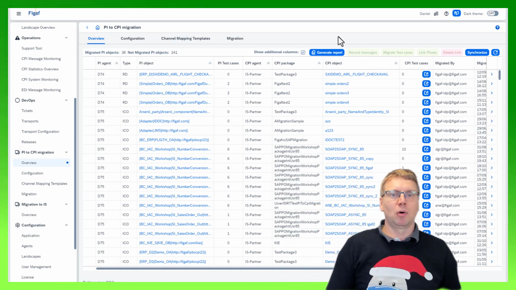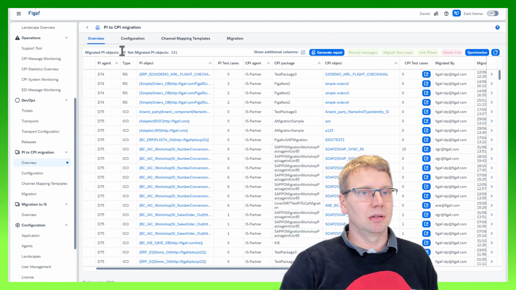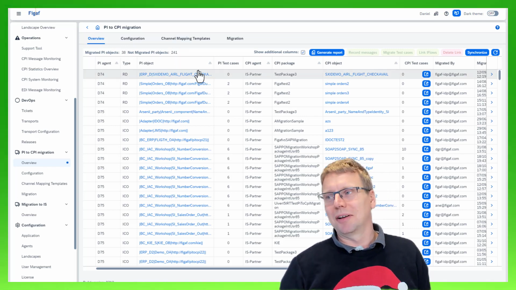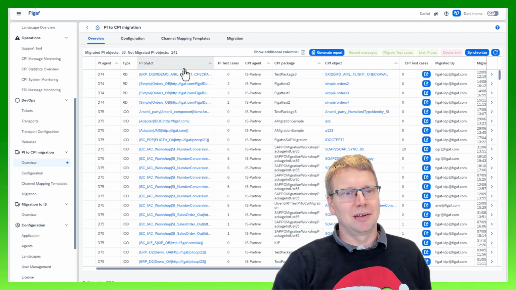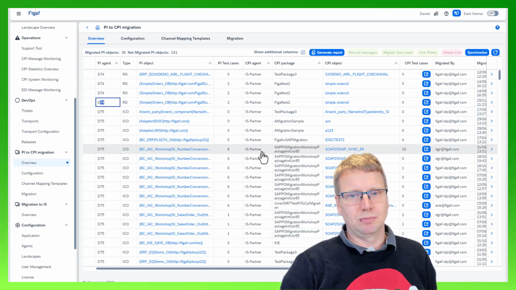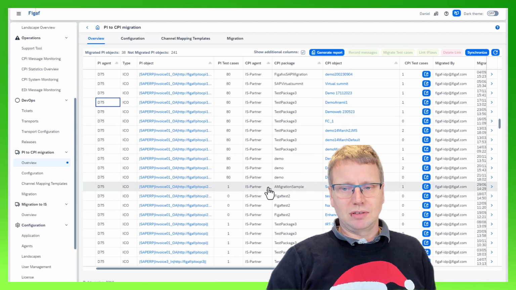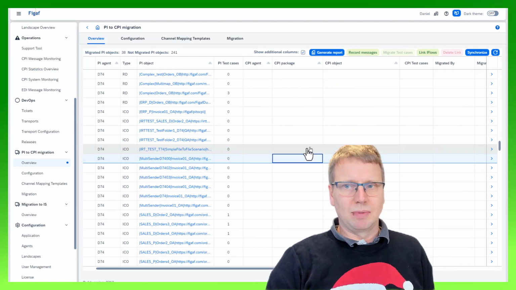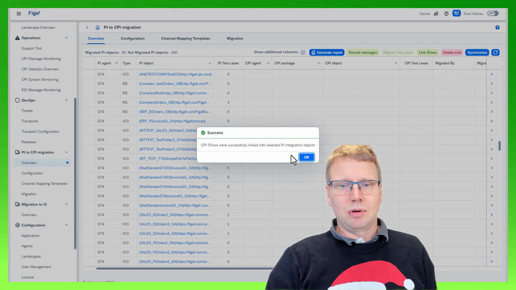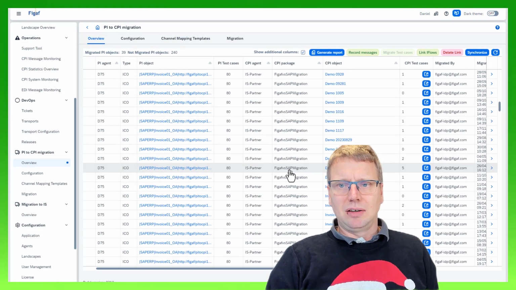If we look at this report, one of the first things we notice is that the number of migrated ICOs or PI objects is 38, and we still have 241 objects that we need to migrate. We can see here it's both receiver determinations and ICOs on two different systems that you need to migrate for these scenarios. One of the things you can then do is, if you say, okay, let's try to migrate this one, we just link it to an iFlow. We'll just link to something. You can have done that using the manual approach or whatever is going on, and you will then be able to see